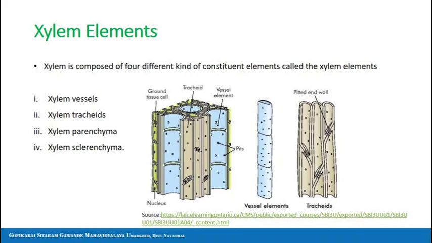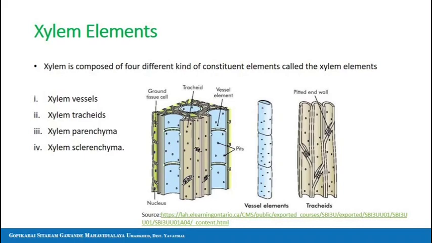element of the xylem is xylem sclerenchyma, which is also known as wood fibers. These xylem sclerenchyma are narrow, thick-walled, elongated fiber-like structures with pointed ends. They are also called wood fibers. They are dead cells with hard lignified walls and without any protoplasmic content. They give mechanical support to the plant body. They are very common in secondary xylem of dicot stem. So these are the xylem sclerenchyma, and we have seen the xylem elements, that are xylem vessels, xylem tracheids, xylem parenchyma and xylem sclerenchyma.